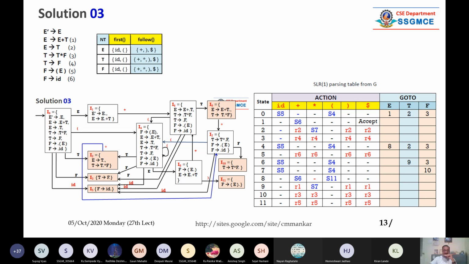Then you have the original set of production rules from 1 to 6 in black color. Then SLR parsing table is there. As I told you, there are two parts, action and go to. Action contains ID, plus, star, opening bracket, closing bracket, dollar symbol. It is in a yellow strip. Go to is there. Three non-terminals are there, E, T, and capital F.